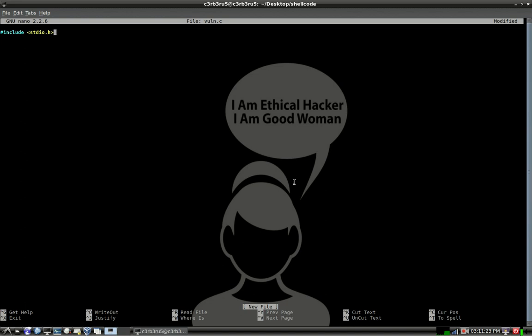and we're going to include some of our standard headers here. And we're going to initiate the main function of our vulnerable program, int main, argc, char argv, and a curly brace. And what we're going to do is create a char buffer of 256, which is quite standard. And then we're going to do a strcpy of